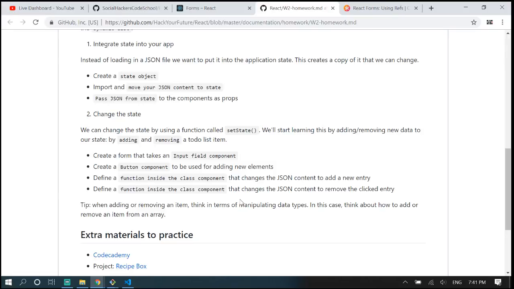So the first point, it says that instead of using JSON